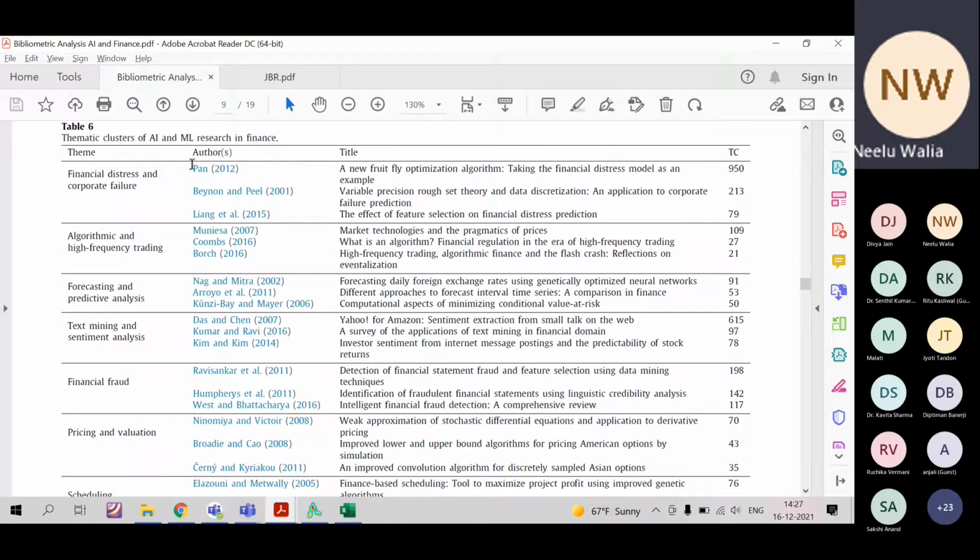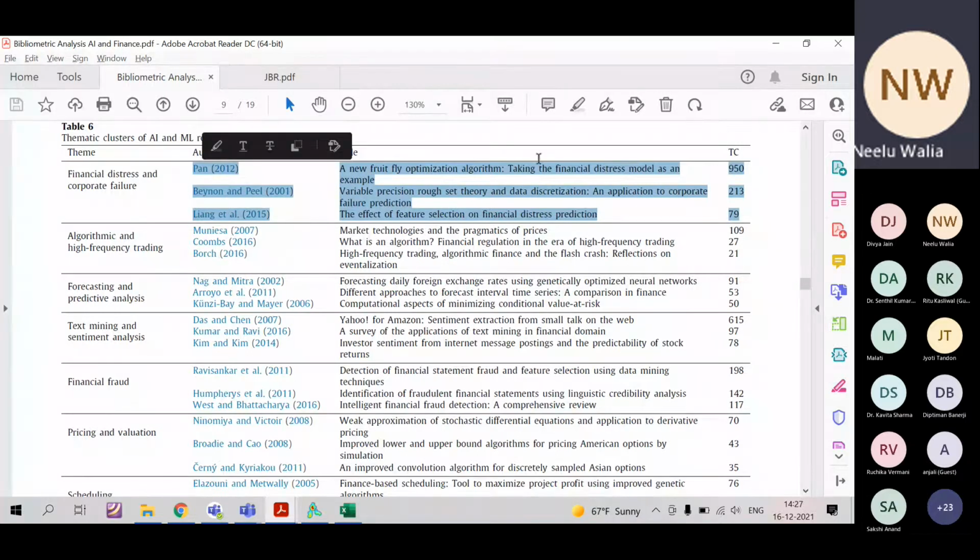Future scholars can read these papers if they want to write a paper on the financial stress and corporate failure theme. They should read these papers because they are highly cited, which means they are quality papers. They should read and understand better about financial stress and corporate failure, and then they can proceed with writing the paper.